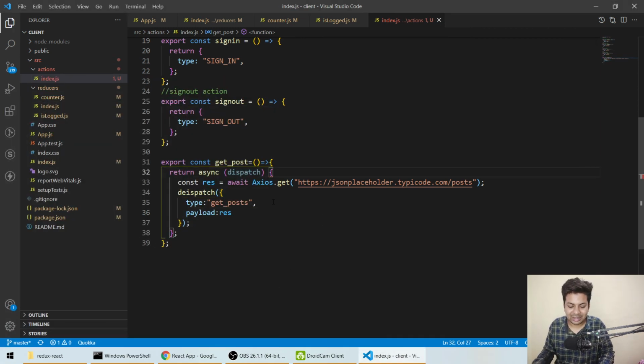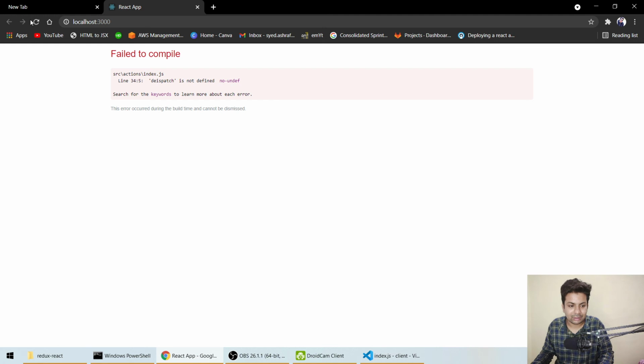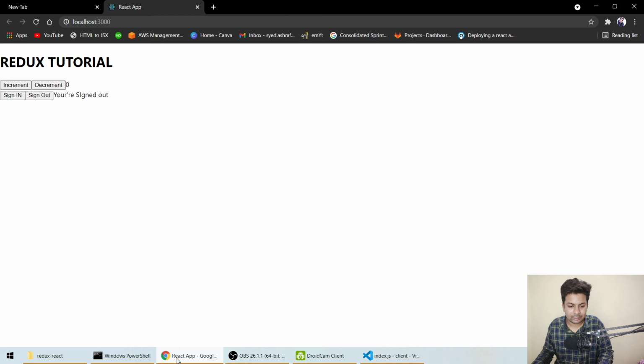We are making a function now, so we have to add this. Now if we save it, this is a spelling mistake: dis instead of this. Now everything is working fine.